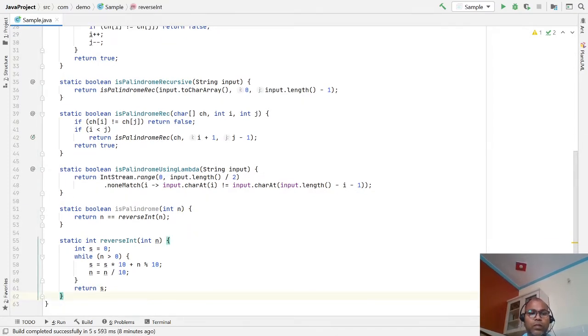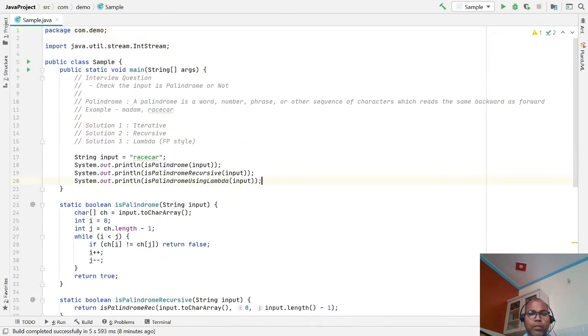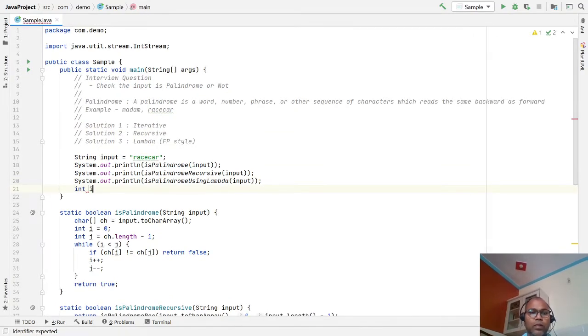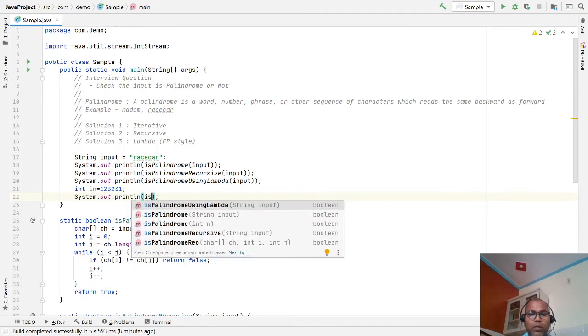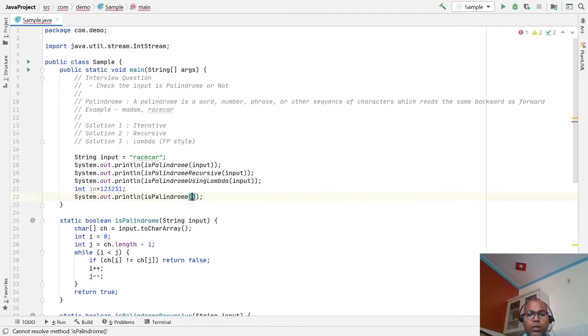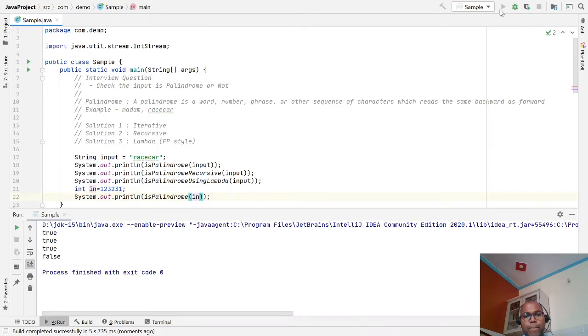Now let's check whether the given number is a palindrome, true or false. Let's give the input number 1 2 3 4 3 2 1. If you pass this as input, it is a palindrome. If you pass this other input, it is not a palindrome.